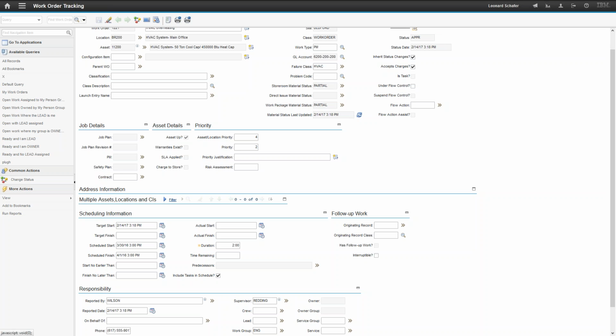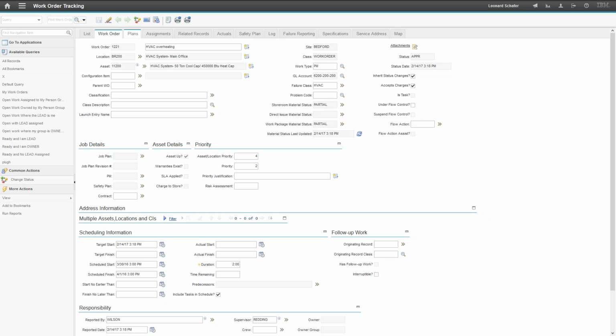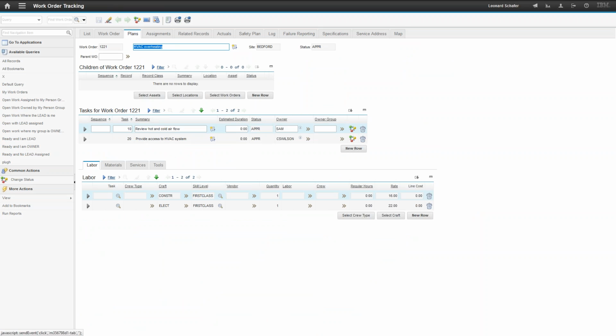Those things can be hidden manually, or you can find a way to toggle that off selectively through security as opposed to just removing it entirely from the application in the application designer. And each user would then have their own control as well where they can minimize it to get it somewhat out of their way. And of course you have the rest of the tabs within the work order that are available to you